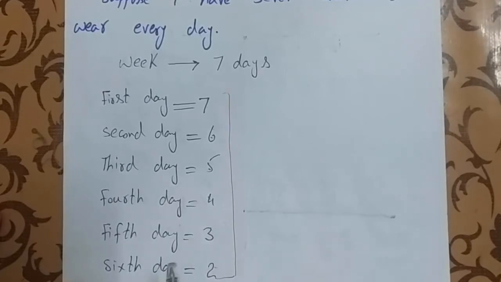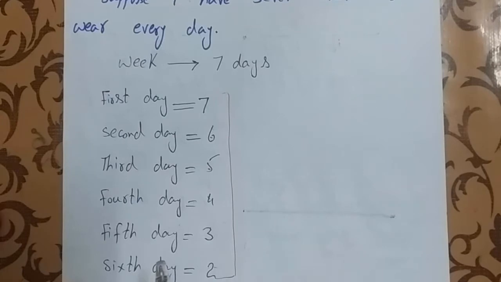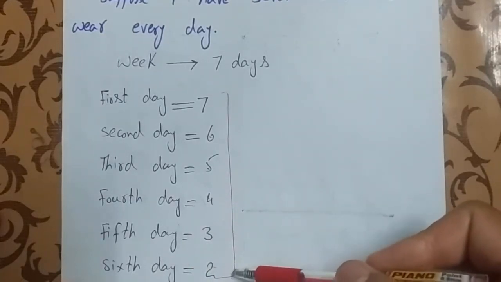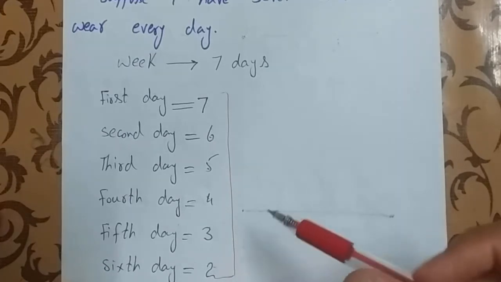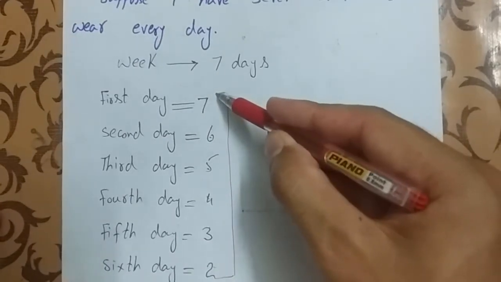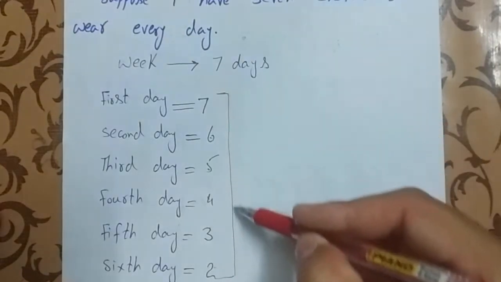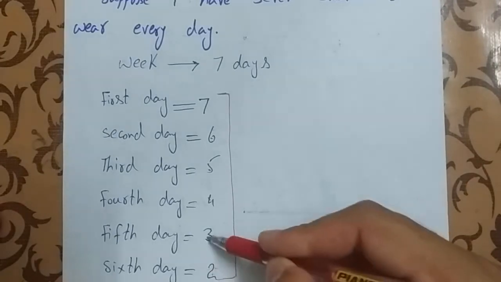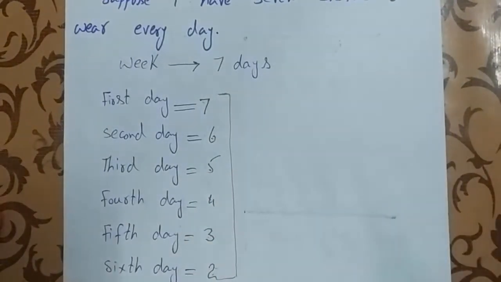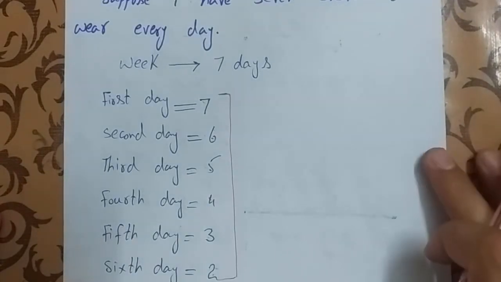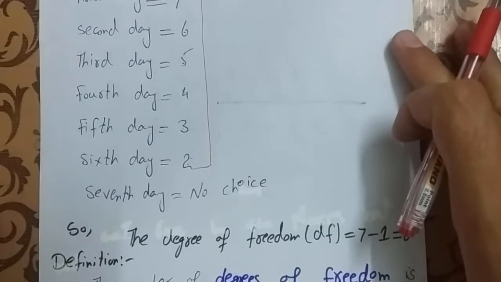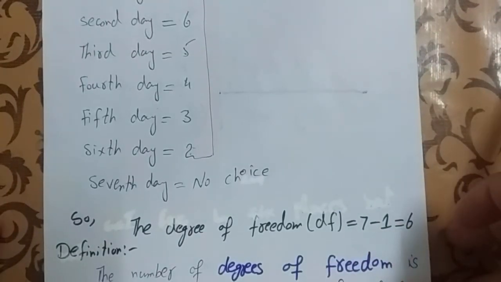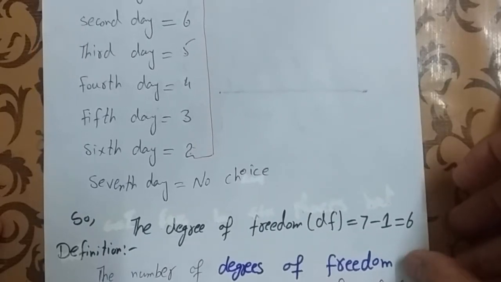What is degree of freedom in this problem? Degree of freedom is clear from the word: those in which you are free. And you see clearly in this example we are free in 6 places, 1, 2, 3, 4, 5 and 6, to adopt a cloth. So the degree of freedom for this is 6. 7 minus 1, which is equal to 6. This is the degree of freedom. Hopefully you understand this example and the degree of freedom.